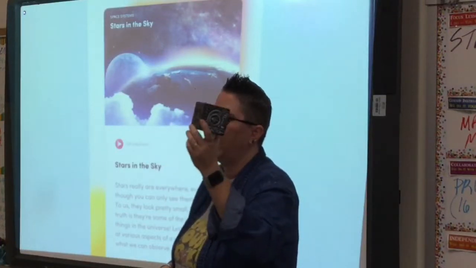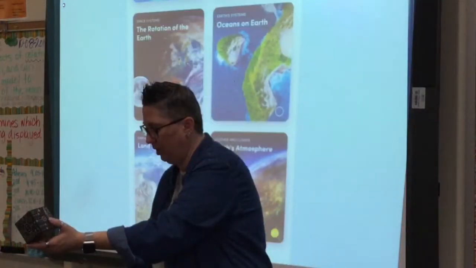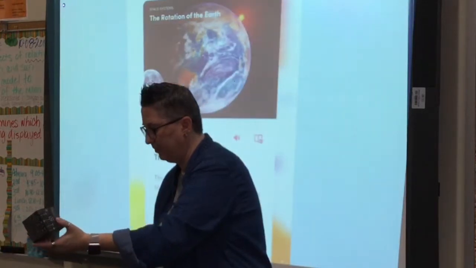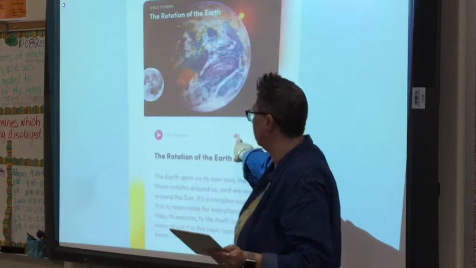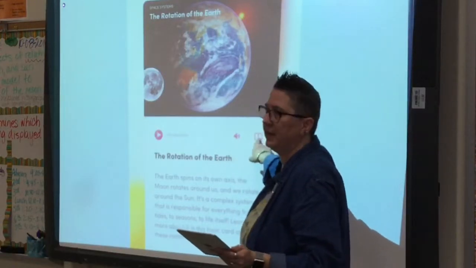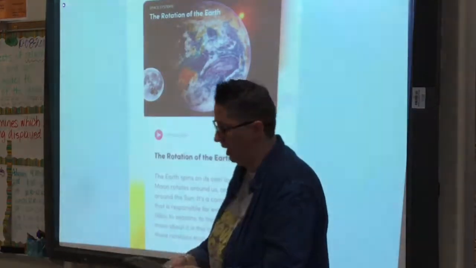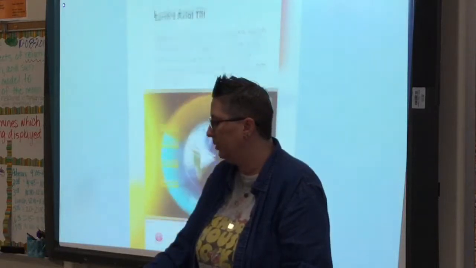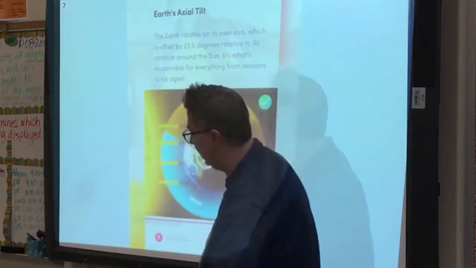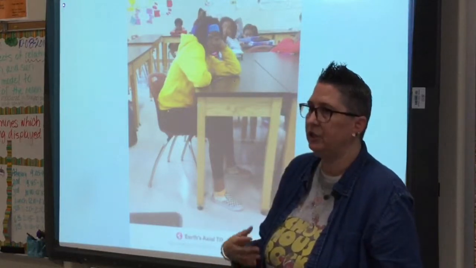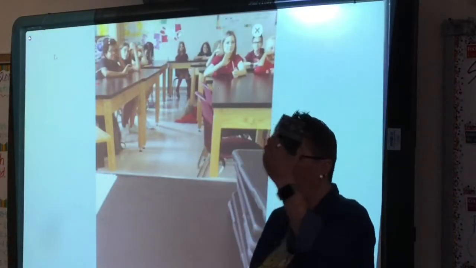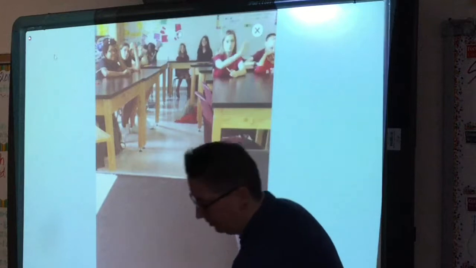We have a couple of labs for you to go through. One of them is the rotation of the Earth. There are several elements to it. The speaker reads it aloud; this one takes it outside and does the read aloud feature. You're going to read through and it will say an activity. If I hit this play button, it's going to turn on the camera. It's not recording right now, it's just using the camera. Now when I hold the cube in front of it,